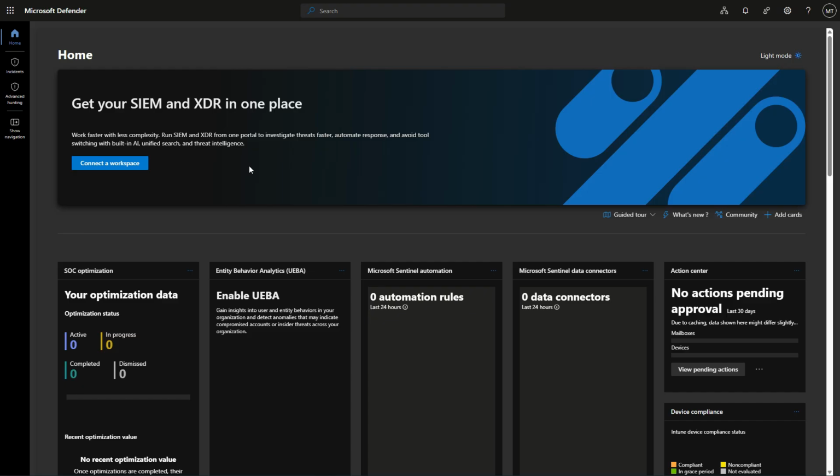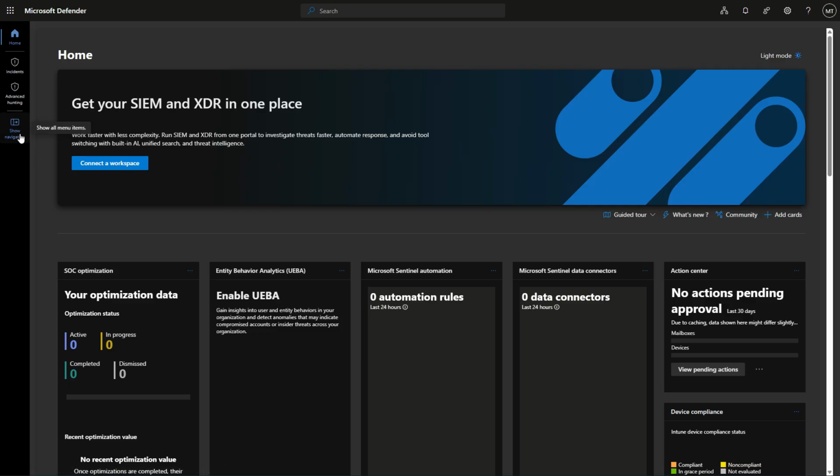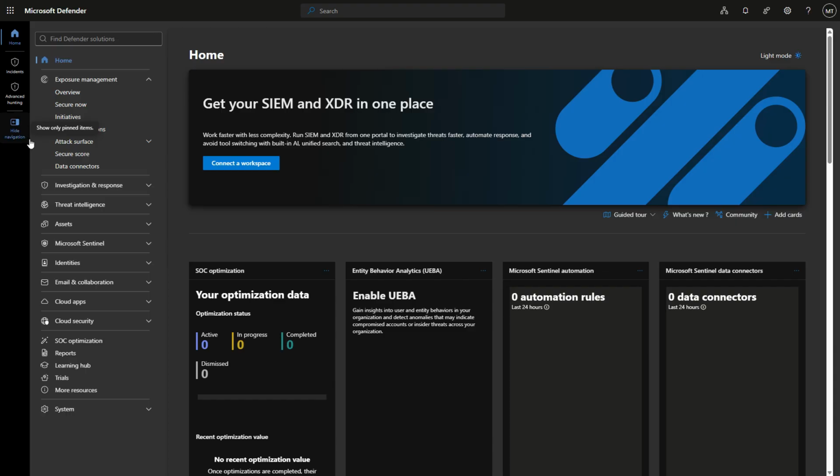So the solution is to go to your Microsoft Defender dashboard. Let me show you how to do that. For the Microsoft Defender account, you've got to go to security.microsoft.com and log in. Then on the left hand side there's the menu. Click on Show Navigation. Then you can go to Email and Collaboration,